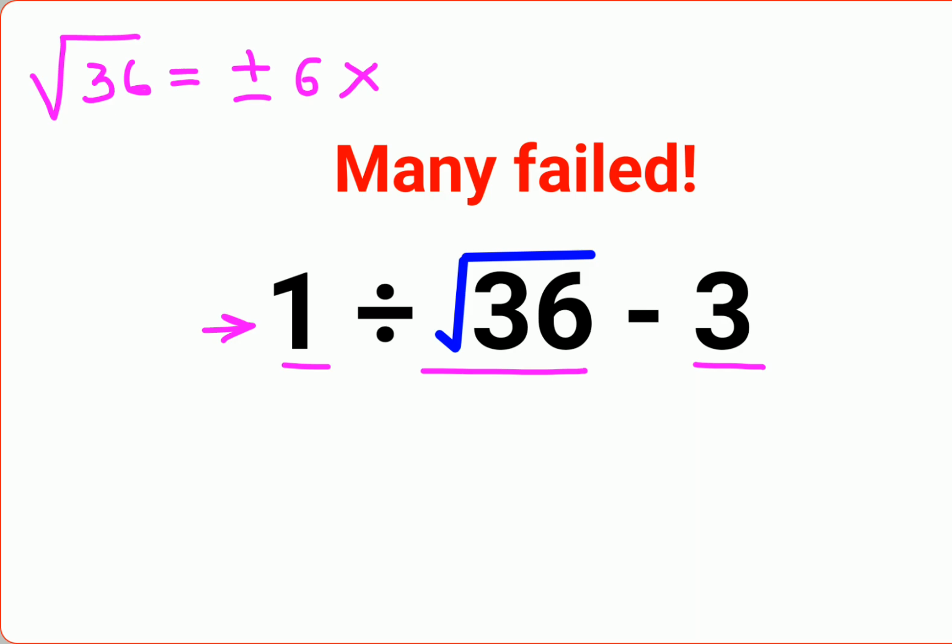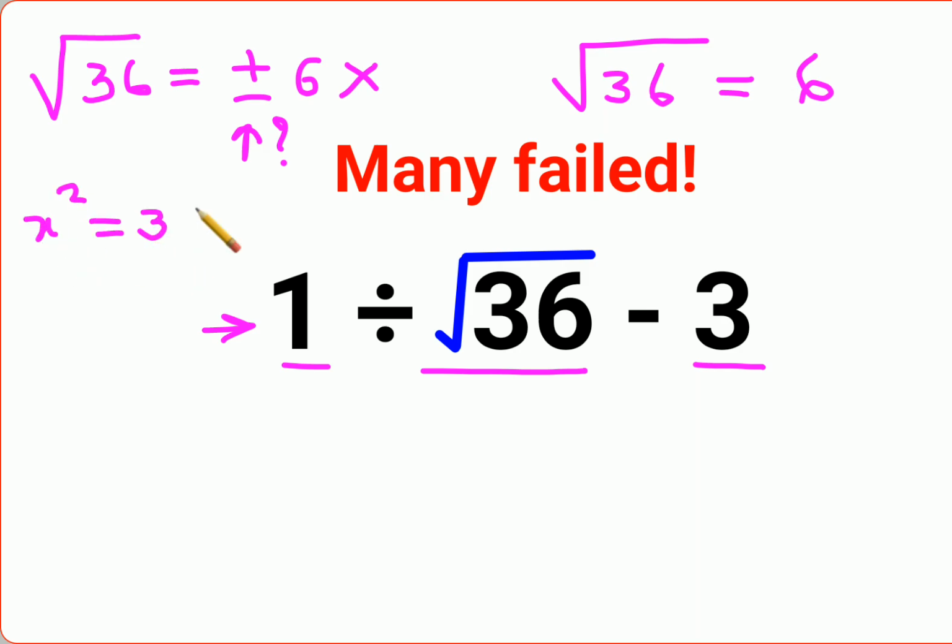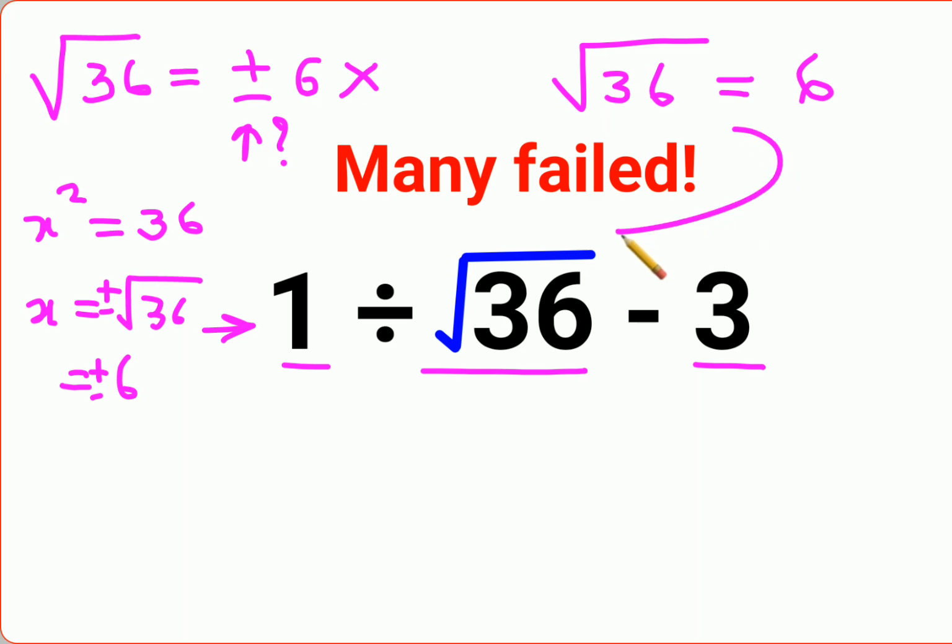Please understand, the root of a positive number will always be positive. So when is this situation possible? This is only possible if you had x square equals 36. When you have a variable and you take the square root, the nature of a variable is that it keeps changing values. So when you take the square root, a plus minus situation is involved, and that is when you will get plus minus 6 as the answer. But if you're just taking the positive root, then the answer is supposed to be just 6.